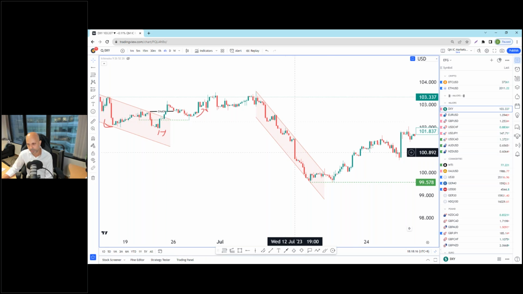So when price breaks out of this bearish channel, we can also see price making a double bottom here, bouncing off 99.57 on the 14th of July, then once again on the 18th of July. That also gives us a good sense of confidence that price has indeed stabilized and gone higher. And as I mentioned, we can also overlay other indicators as well.